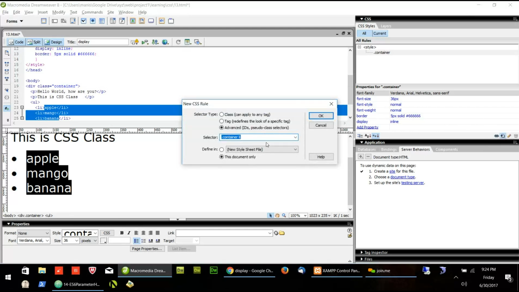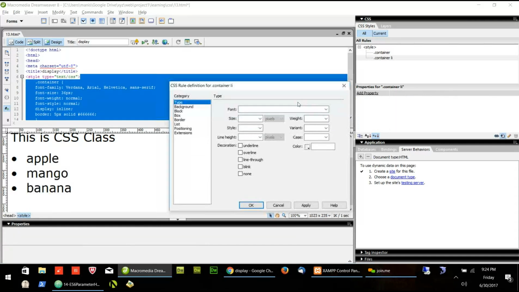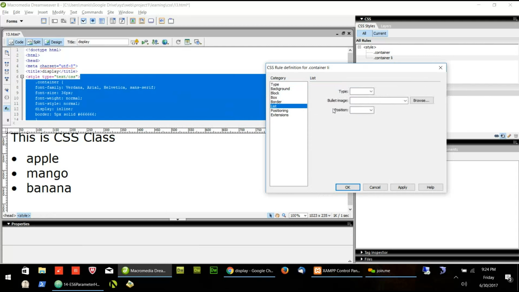If I want to give some changes in this list type, I can say disk type or circle. Then you will see this list type is changed to circle. I can say square, then it will change to square. If I say decimal, decimal will not come. Disk type, it will apply. It will show some disk type.